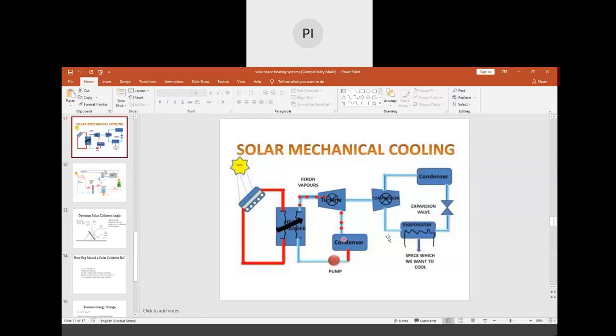When gases flow from a high pressure region to a low pressure region via a porous plug, the temperature of the molecules decreases. In this way, we get cool air from the expansion valve. Then the evaporator evaporates any further moisture, and only cool air comes out, which is passed into the room. In this way we are producing a cooling system.